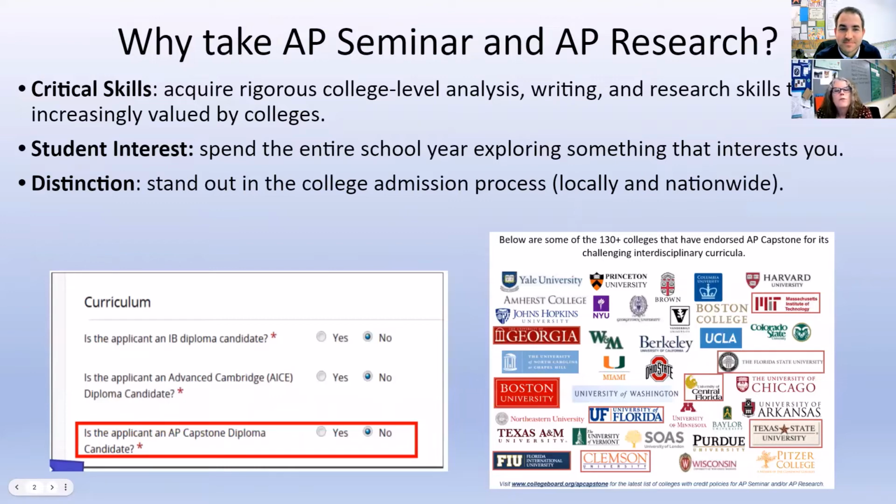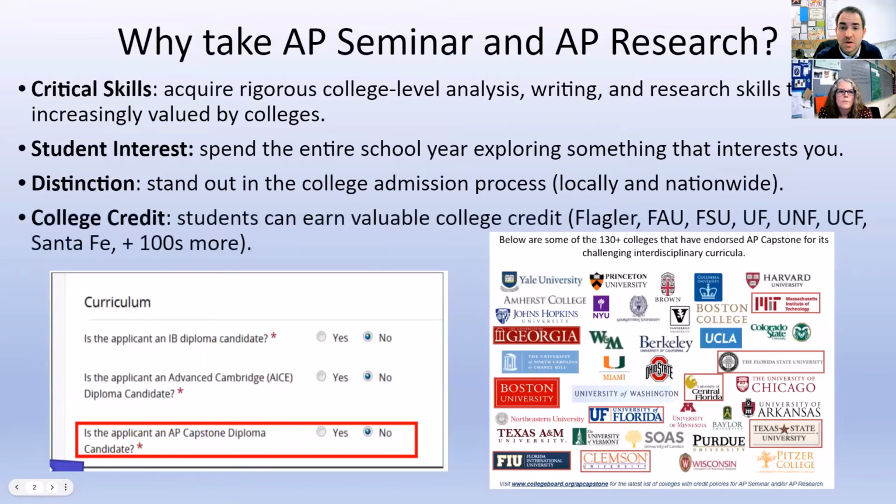So it definitely puts you ahead of a lot of other candidates in college for one of those reasons. Yeah, it's a great thing to help on college applications and on resumes. One of the things we've seen from students in the program is that when they get into college, there are more opportunities for them, especially if they're interested in research. It can help them, like Ms. Shu just said, stand out in the college admissions process.